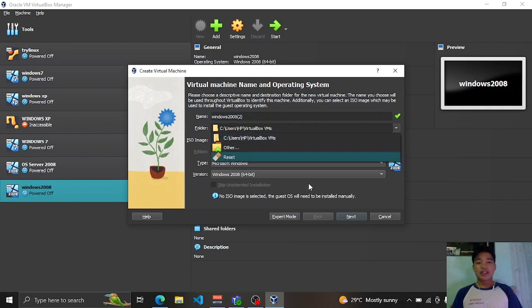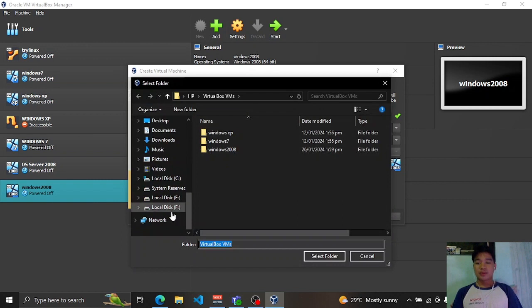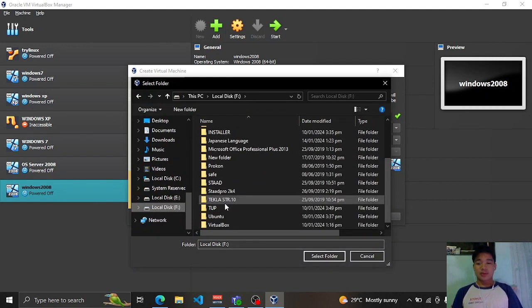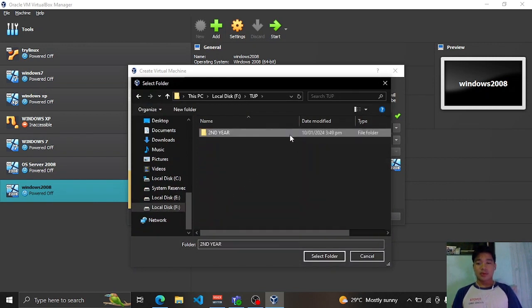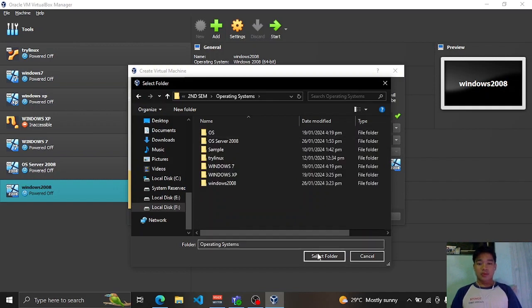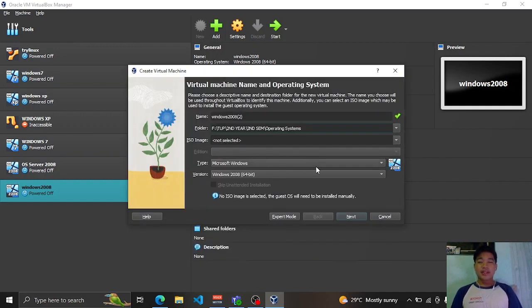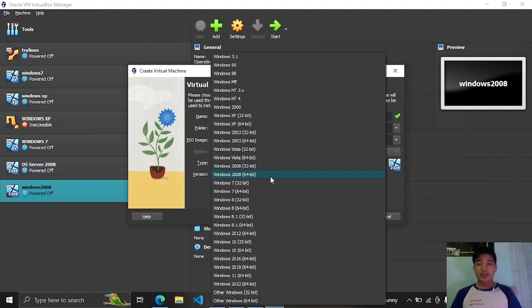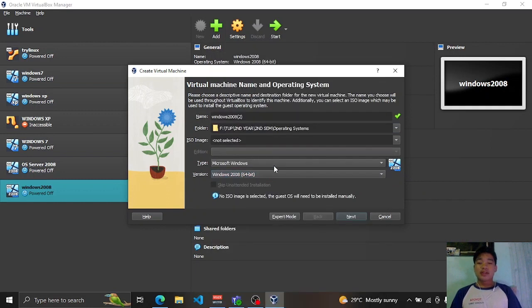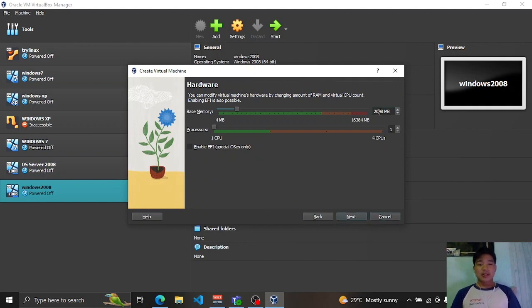and then choose the location folder, and then make sure that it's in Windows 2008 and Microsoft Windows for the type, and then let's proceed to next. You can create the base memory for this one. Then